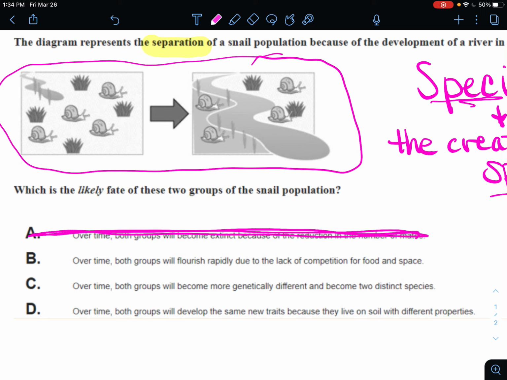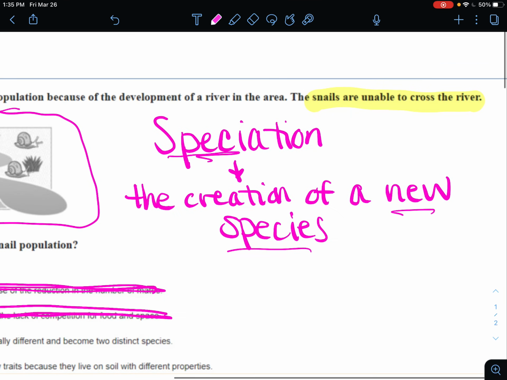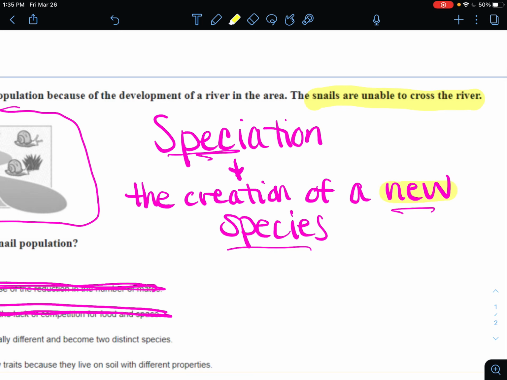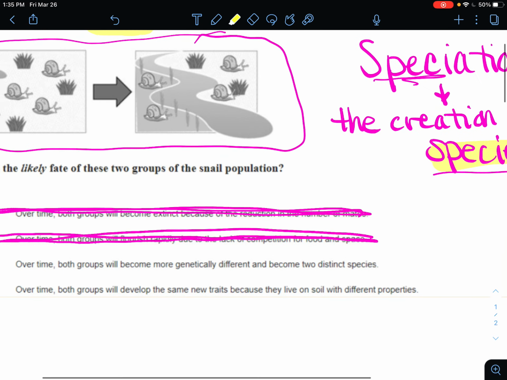We know that's definitely true because we still have snails trying to fight over, in this case, eating certain grass or finding a good place to sleep. There's almost always going to be competition, but we don't really have enough information to know if now there's less competition or more competition. It just doesn't have anything to do with speciation. Again, don't get tripped up on things that sound really good. That sounded like it would be a good answer. But remember, we are really focusing over here on speciation. We want to think about the creation of a new species.